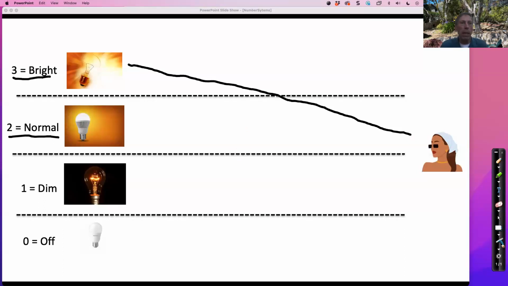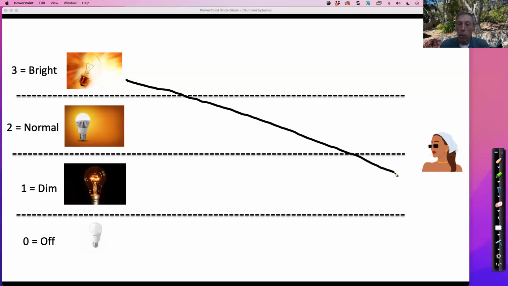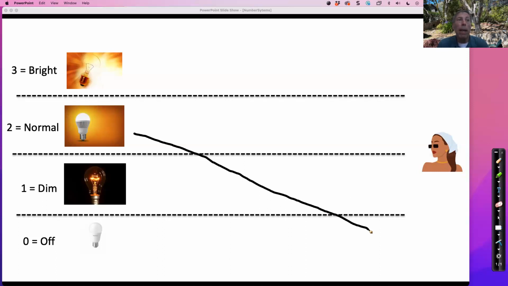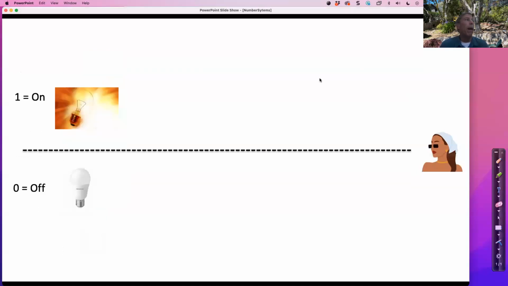Or perhaps it goes over an even longer distance. Maybe it started out as a 3, bright. By the time they got it, it's dim. So they're receiving a different value than what we're sending. Okay. Perhaps we're even sending something like a normal light. And by the time it goes over such a long distance, they don't see anything. It's off. So this is why in computer technology, computer science, computer networking, we use one of two